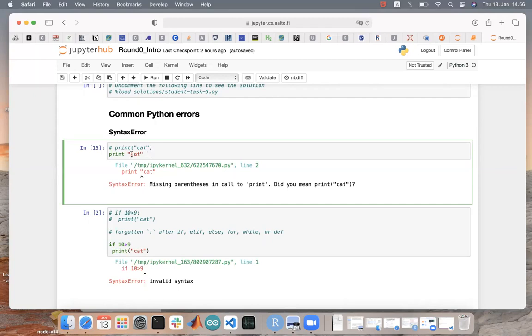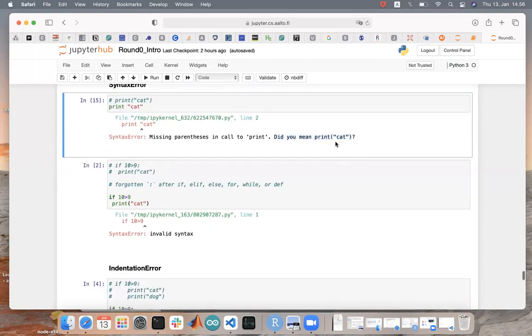For example, here we use a print statement without the parentheses, and Python throws a syntax error: missing parentheses. Did you mean print cat? So this is a very nice and useful error message. It just gives you a suggestion of what the correct code is.